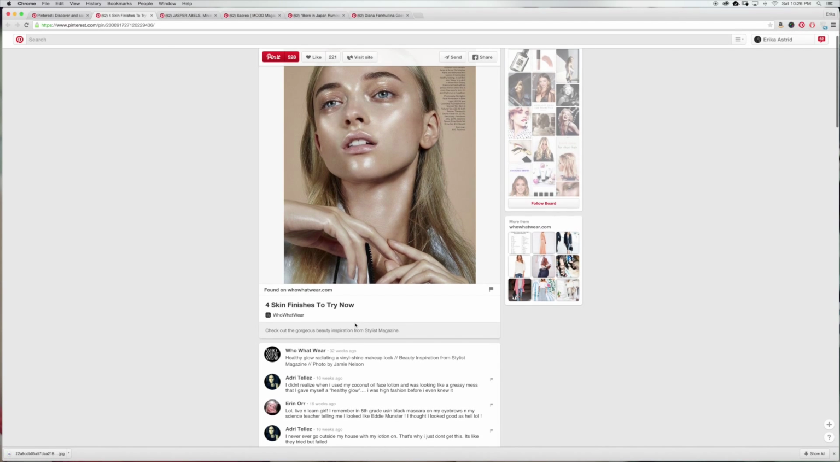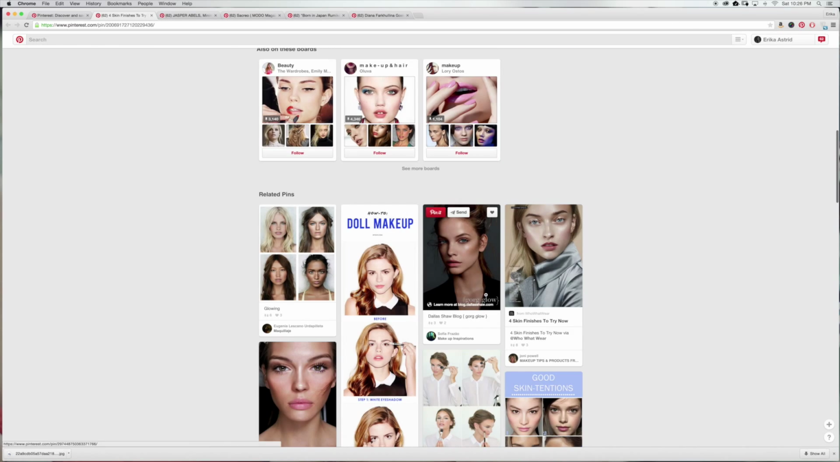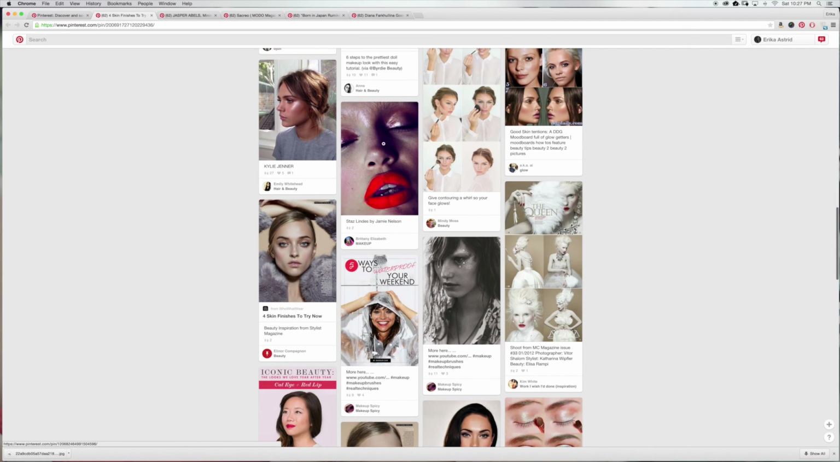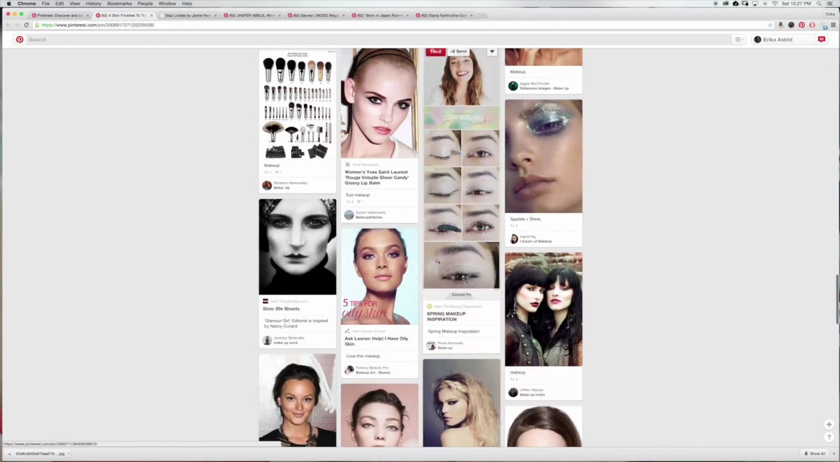Then I scroll down for each image and it has related pins. Pinterest knows what I'm looking for, what I like, which is really cool. So I go through those as well and do the same thing. Command, click on it, save them, and I do that for about 2 hours until I have about 50 images